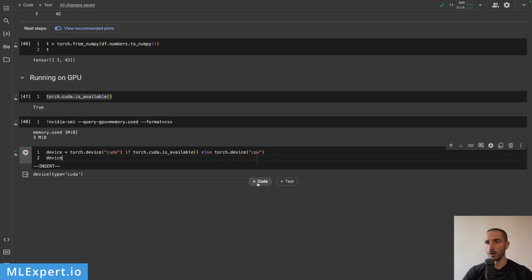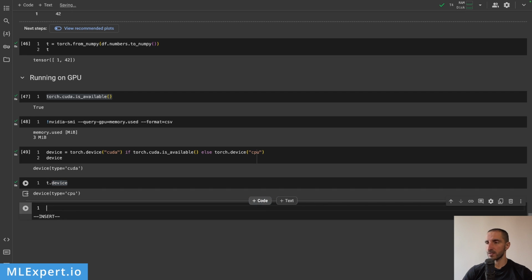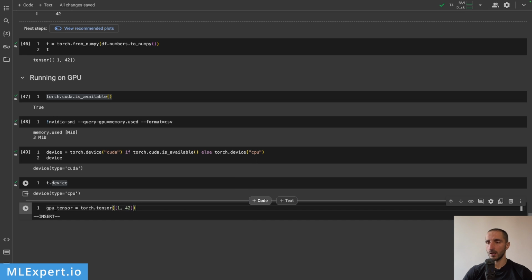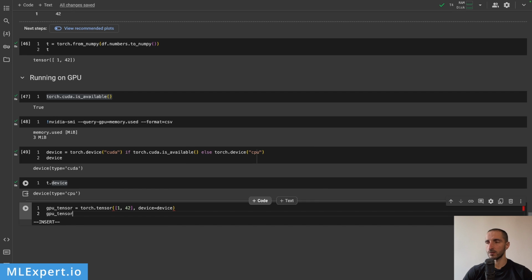Now, up until now, if we call t.device on our previous tensor, you'll see that we get the type CPU right here. And if I do something along these lines, create a GPU tensor variable, and use the same thing that we've used before, torch.tensor, passing in an array, and then I say device and pass in the device. And if I have a look at the tensor now,